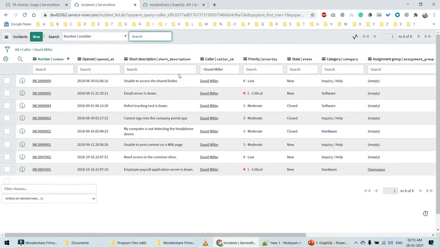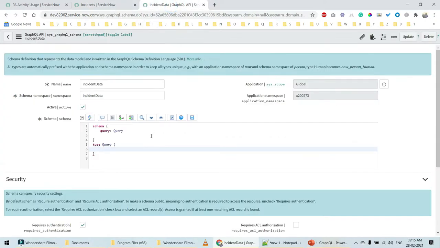For incidents by caller ID, we'll set up that API and see how the data will be returned. In this case, I'll create a new method over here. We'll call that method get incident by caller ID,